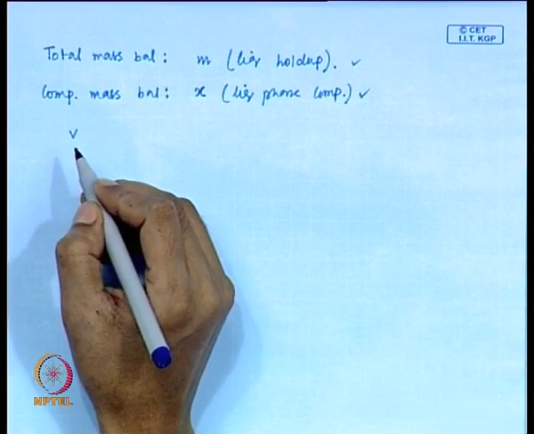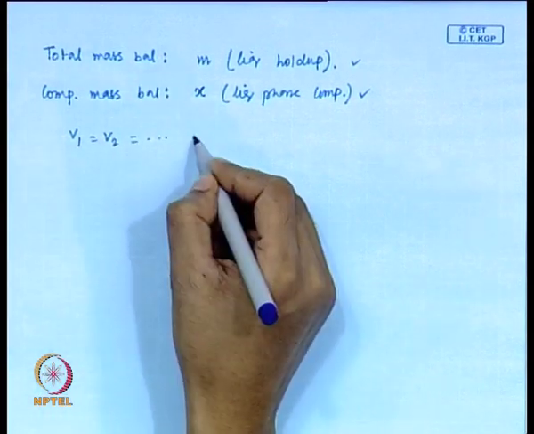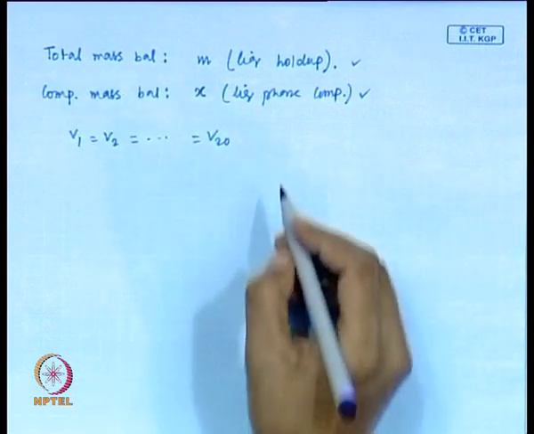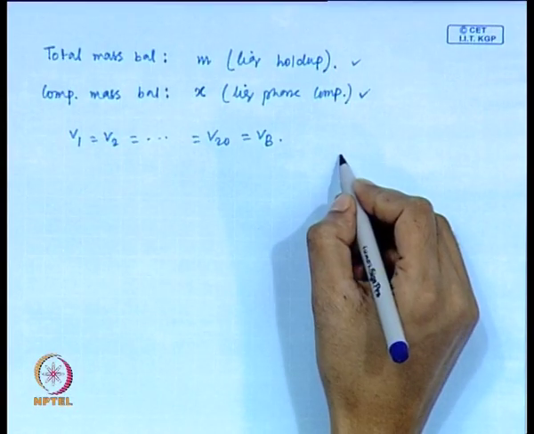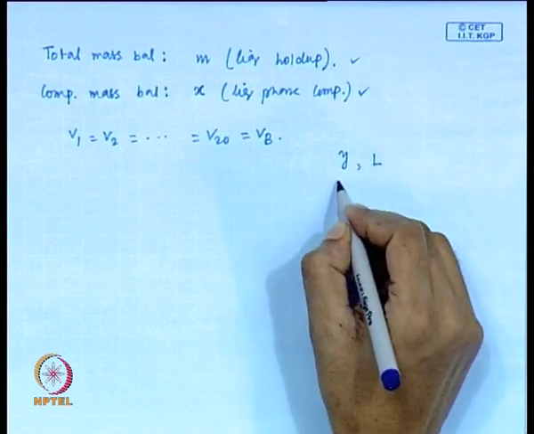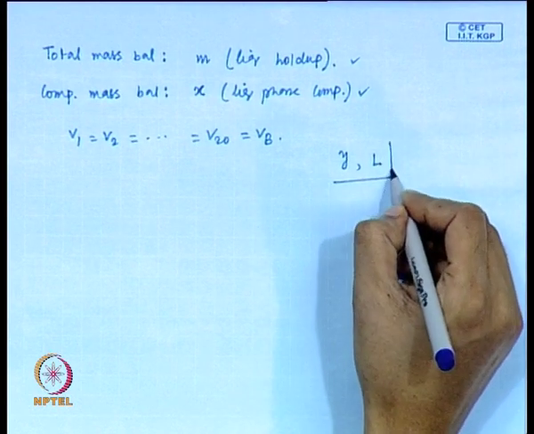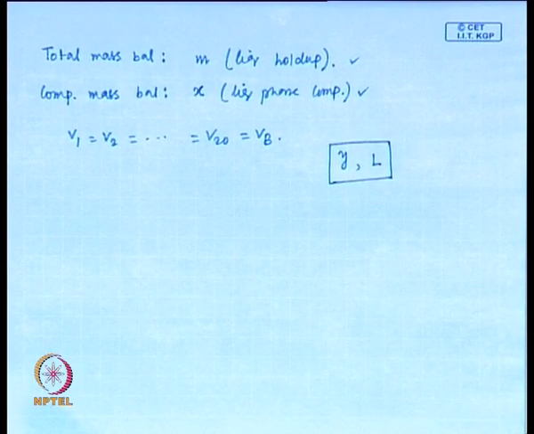Based on three assumptions, second, fourth and fifth, we know all these vapor flow rates are identical, equal to Vb. So, this information is also known to us, all vapor flow rates we can calculate. Fine. What are the rest? One is y, another one is liquid flow rate. How we can calculate these two variables, that we will discuss next.